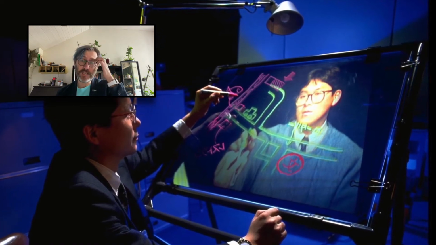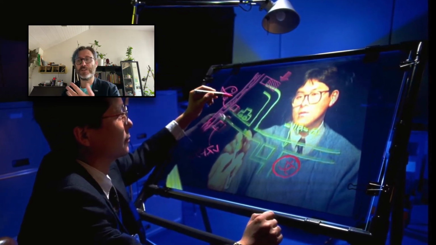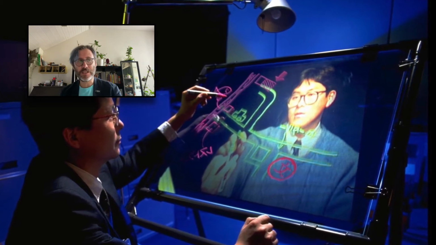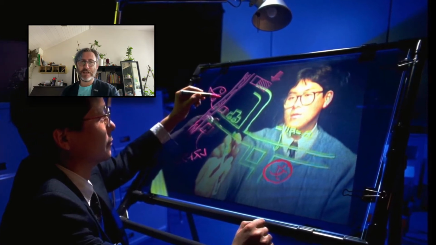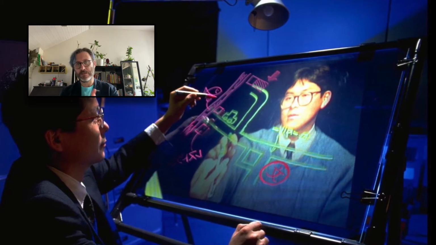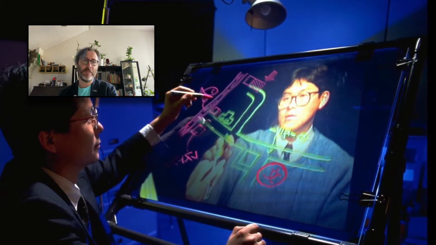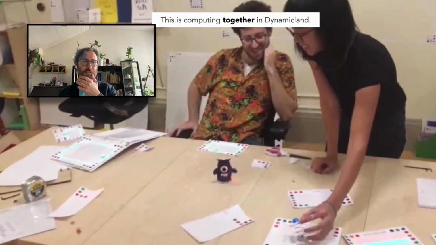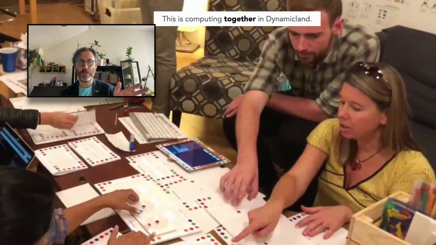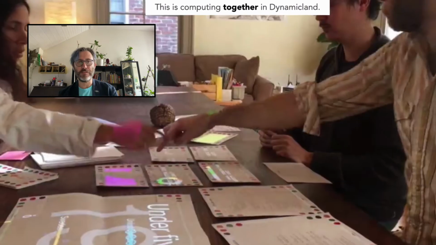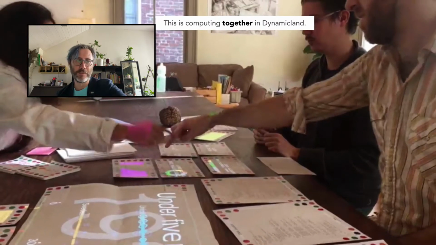And there's kind of been a long gap in true innovation in this space. There's been lots of implementation, lots of really strong technical work, but the design has been lagging, right? The design ideas from the 80s and 90s still aren't realized today. There has been a bit of a resurgence. Some of the most interesting work today is being done in a lab in Oakland, run by Bret Victor. This is called Dynamicland. You can see some of that here.